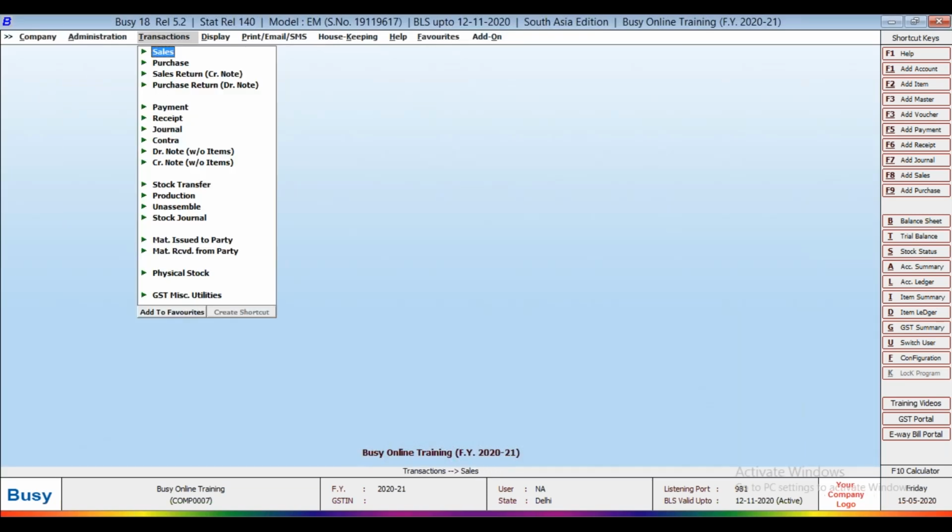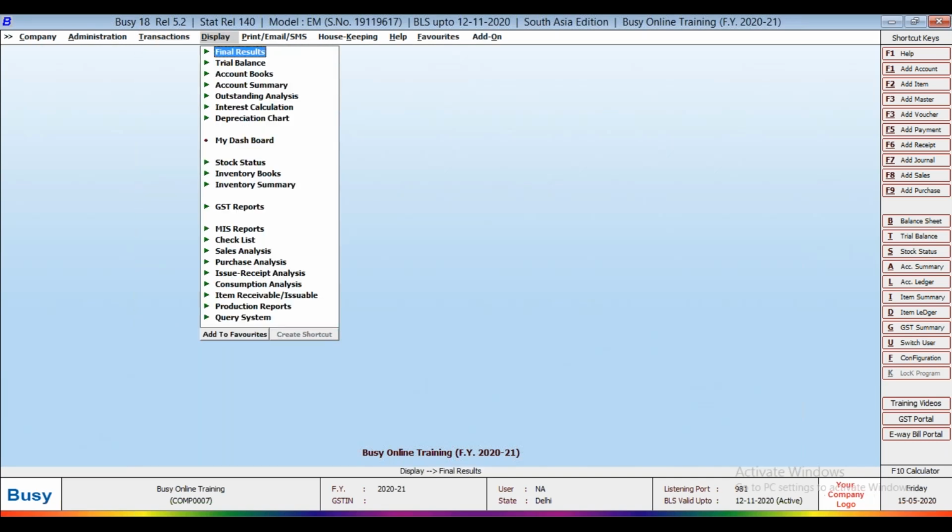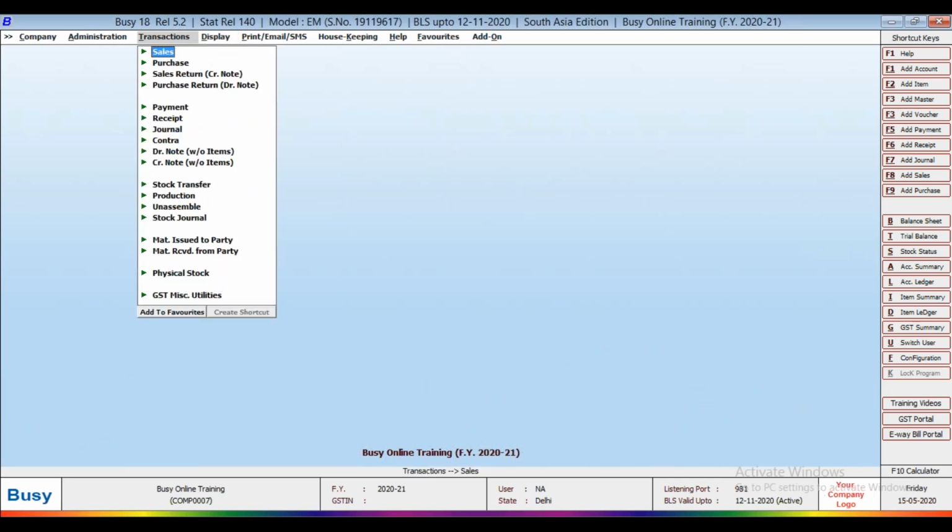Now I have made two invoices. One is for Alkem Pharma Limited and one is for Ricova Pharma Private Limited. So I have created two invoices, but how can we check in the main ledger detail that the two invoices have been created from the main option? So let me see the ledger report.